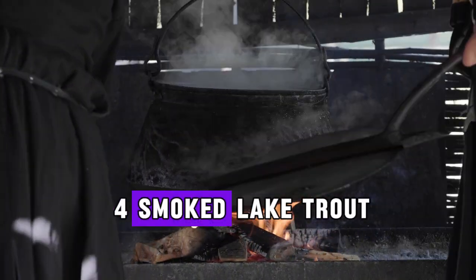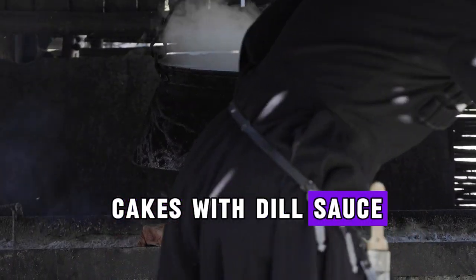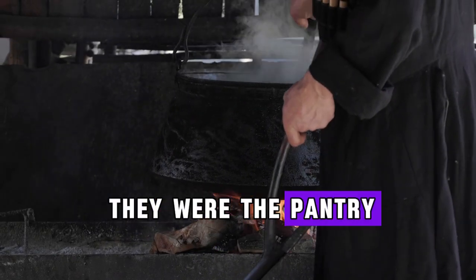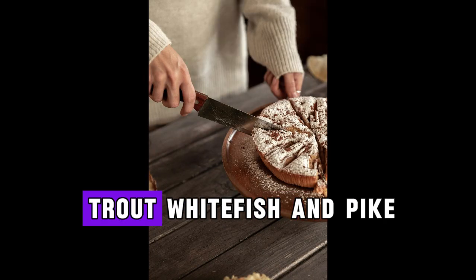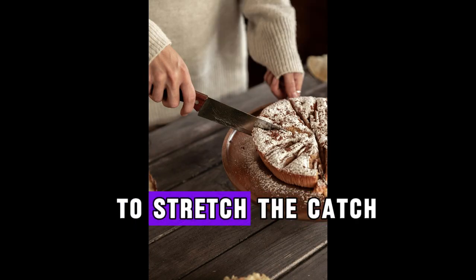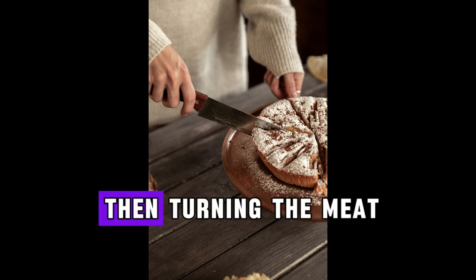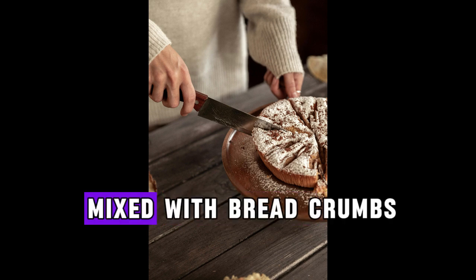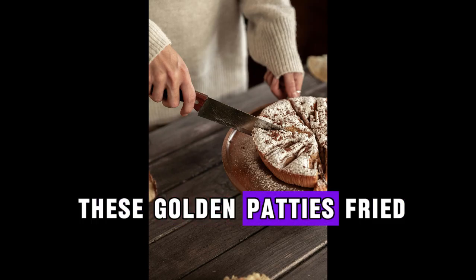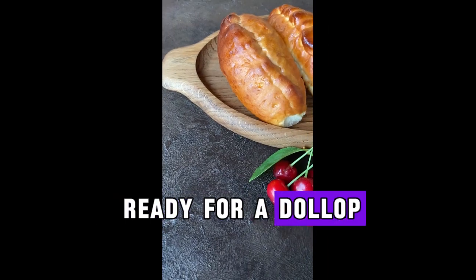4. Smoked lake trout cakes with dill sauce. Minnesota's lakes weren't just beautiful, they were the pantry of Swedish immigrants. Trout, whitefish and pike filled nets, and one clever way to stretch the catch was smoking it, then turning the meat into cakes. Mixed with breadcrumbs, potatoes, and onions, these golden patties fried up crisp, ready for a dollop of dill